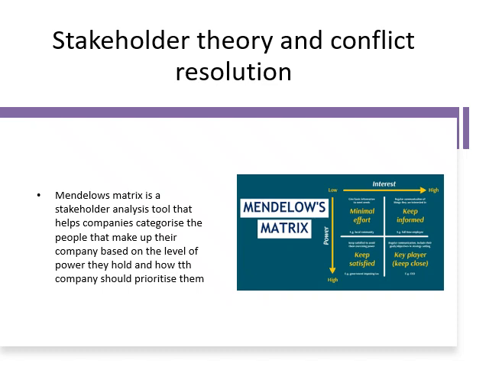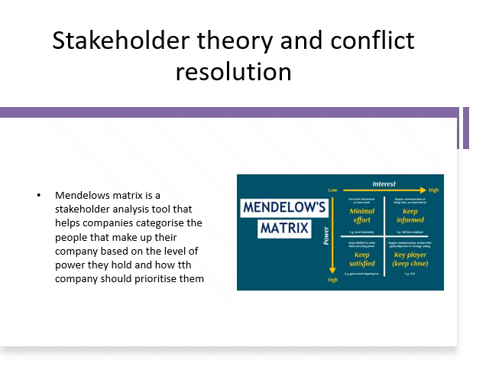It argues that directors should consider the needs of all stakeholders, not just shareholders. This theory is crucial in preventing and resolving conflict. By understanding the concerns of each group, from employees to suppliers and communities and customers, companies can avoid backlash and reputational damage. One effective tool for managing these dynamics is Mendelow's matrix, which maps stakeholders based on their power